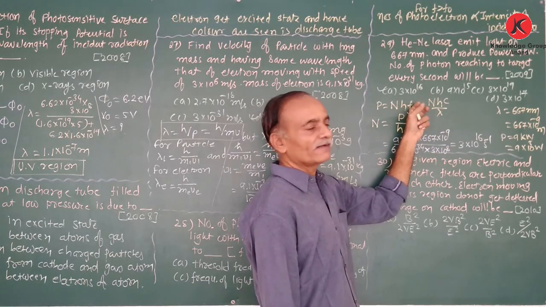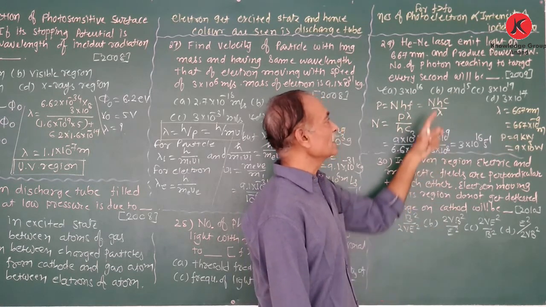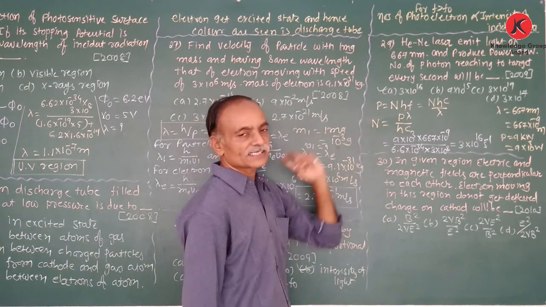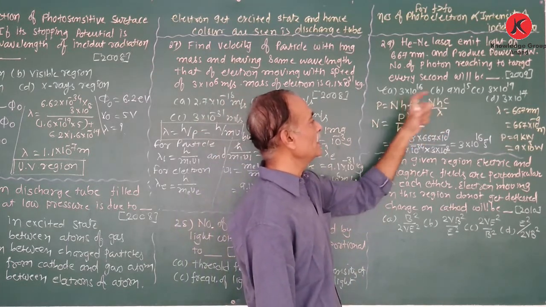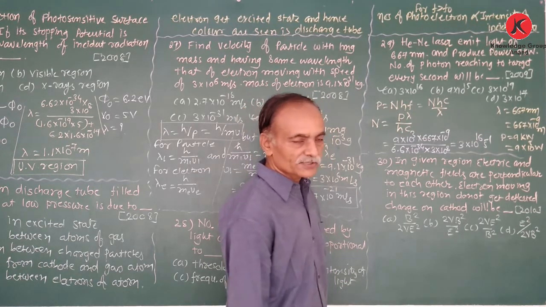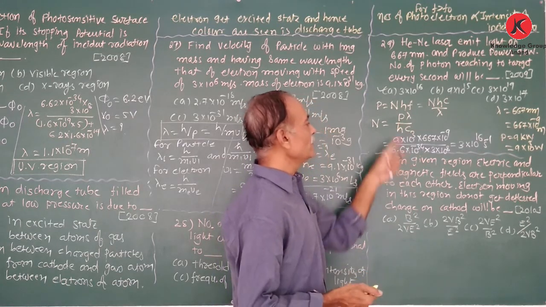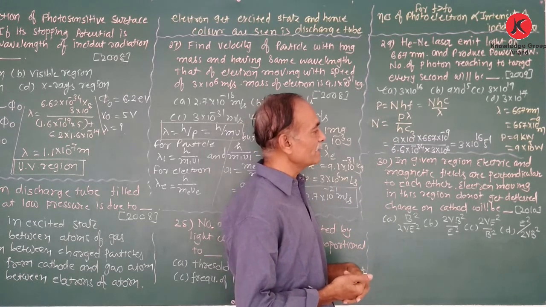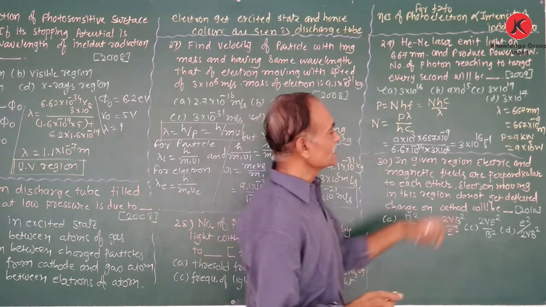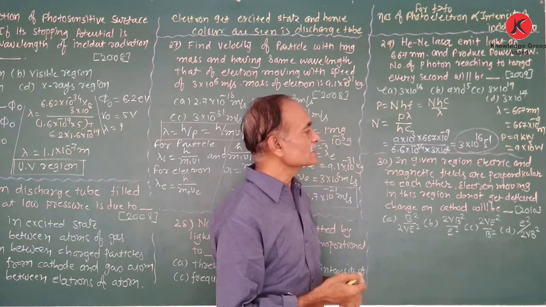Frequency is not given, so we convert into wavelength, therefore NHc upon lambda. We require the number of photons incident in 1 second, therefore N is equal to P lambda upon Hc. Substitute the values: P is 9 into 10 to the power 3, wavelength 667 into 10 to the power minus 9, value of h 6.6 into 10 to the power minus 34, and c, velocity of light, 3 into 10 to the power 8. As a result, we obtain the number of photons incident per second is 3 into 10 to the power